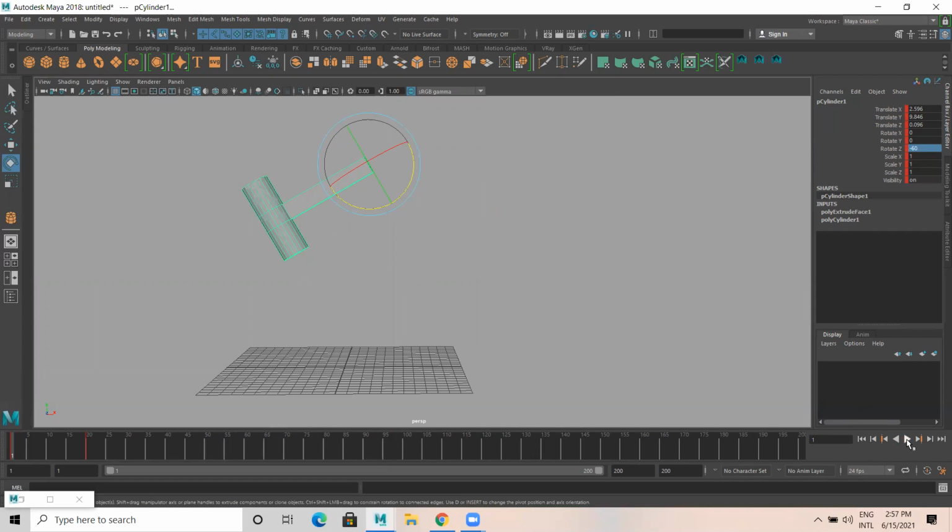Yes. Any doubts in this? Linear is limited to, you know, without any weight. Linear will restrict the weight. So these are the 5 different types of options in infinity, pre-infinity or post-infinity.